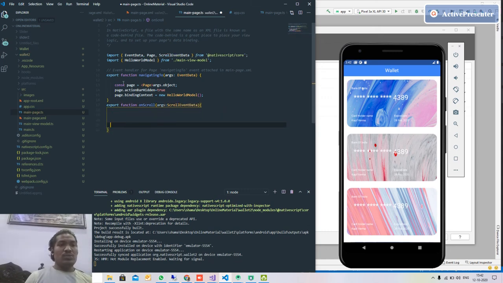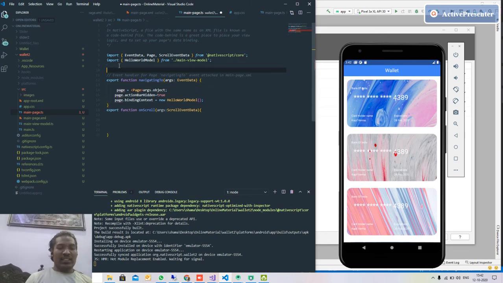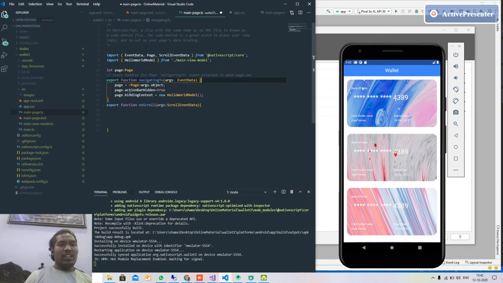First, if you want to use this page variable downside, you need to put it this way: let page, so that we can use this page variable downside also. And I hid the action bar so that you can see the layout like this.